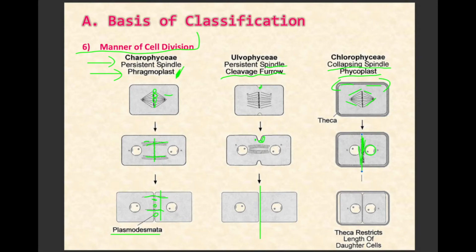So kung mapapansin nyo din dito, your organism has what we call theca. So these theca are very rigid, no? Very thick na covering of your cell. And this also restricts the expansion or further elongation of your cell in your Chlorophyceae. That's why it forms your phycoplast. Kasi kapag may spindle fiber ka dyan, it will cause expansion of your cell. It will cause expansion. And since hindi nga makapag-expand yung cell,